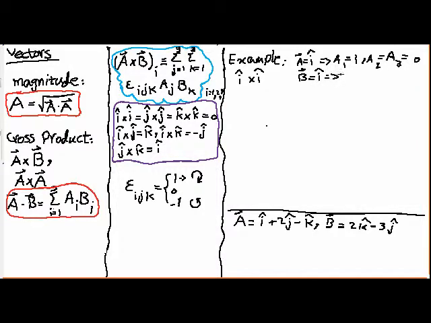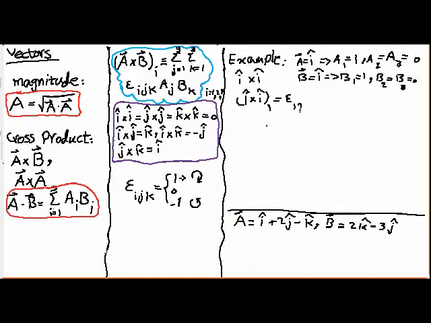Therefore B1 is 1 and B2 equals B3 equals 0. Okay, so now from here I can tell you that, for example, the first component of i hat cross i hat equals epsilon 1, then